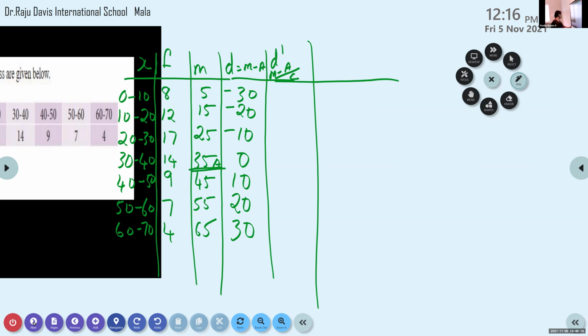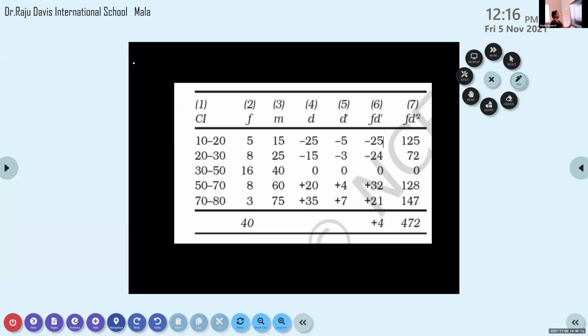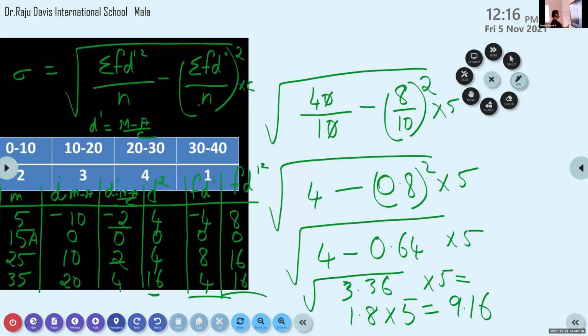There also I'll show you, one minute. There also D, where is D? In this 5 will go, right? Common factor we can take 5. As you said, 2 also can be taken. That is a common factor. We can take any number: 2, 5, 10 can be taken. In this example, we have taken 5. We can take 10 also.